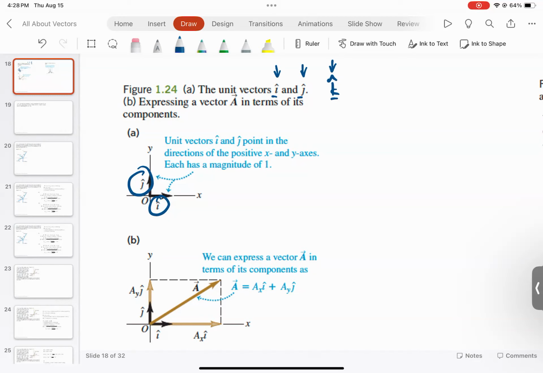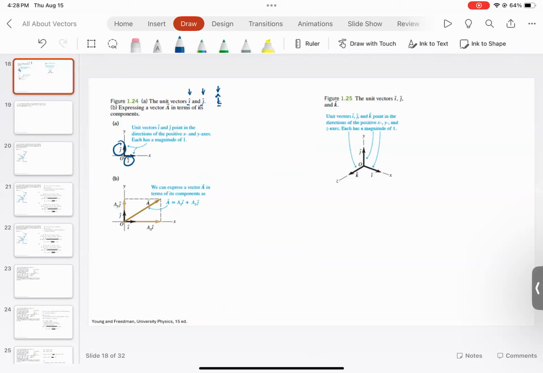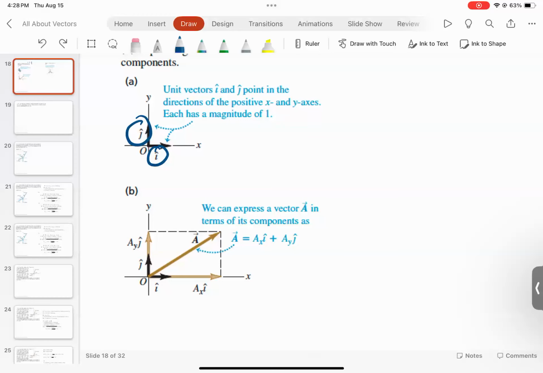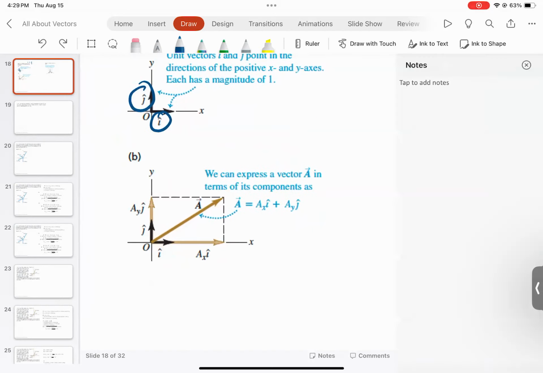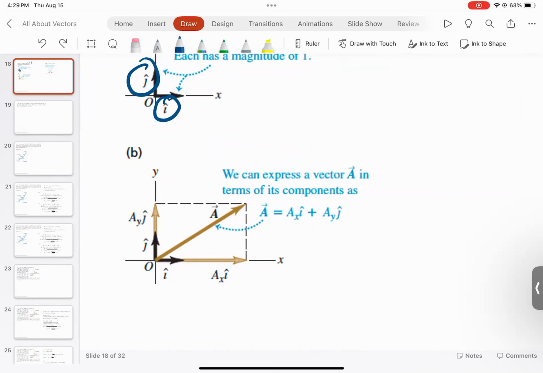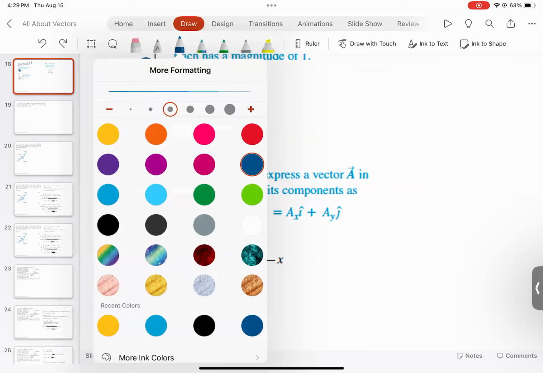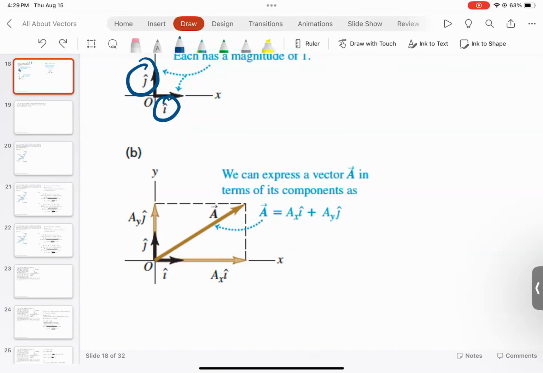Okay, now we use them para mas madaling isulat yung component notation. Okay? So what I mean is, if you have a vector, na vector A, yung vector na yan ay mayroong components na AX at saka AY. So, ang vector A na may component na AX at AY, ay pwede natin i-represent in this way. So, vector A is written as